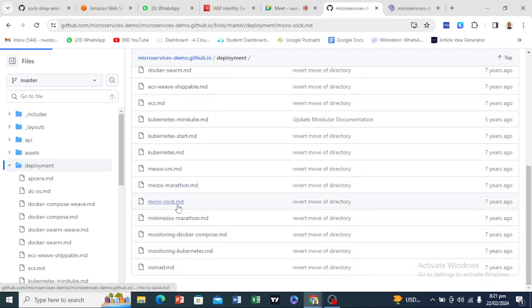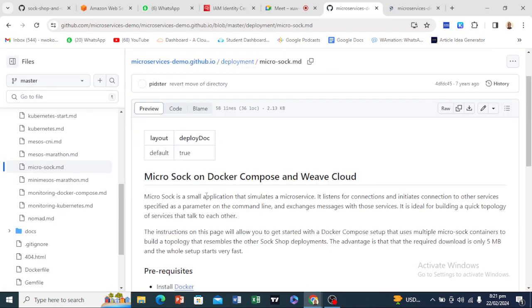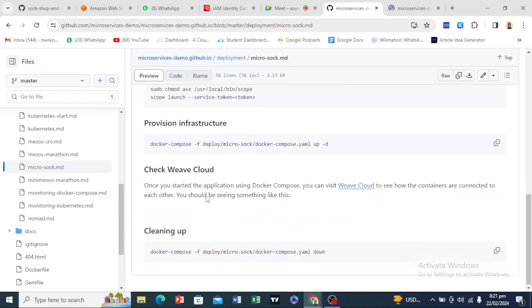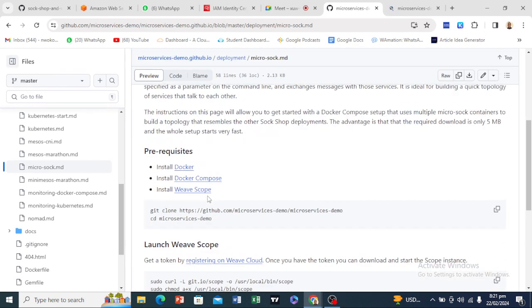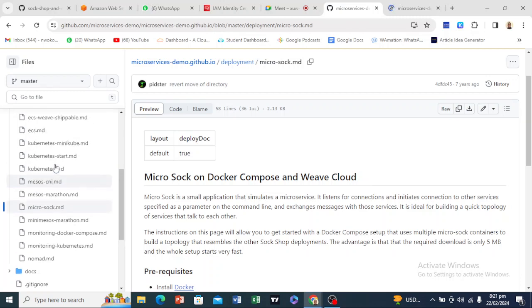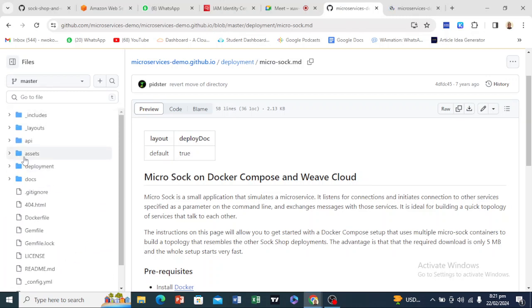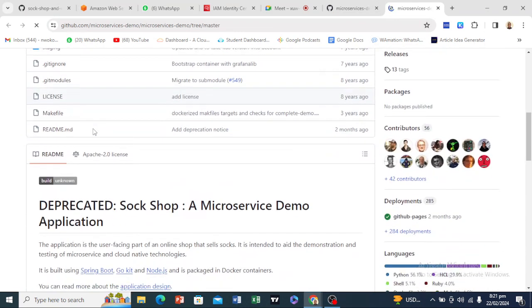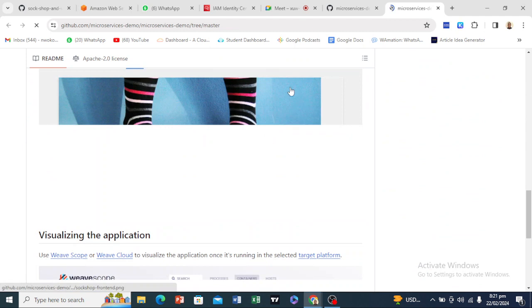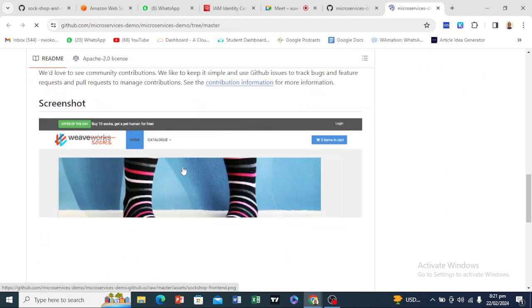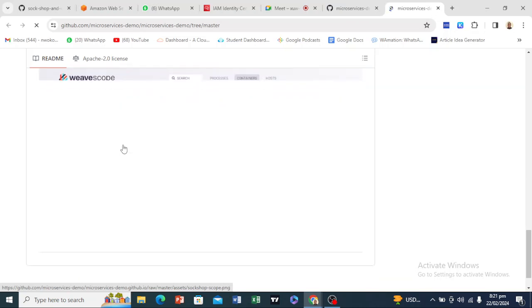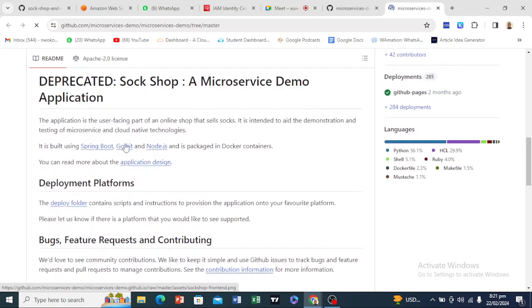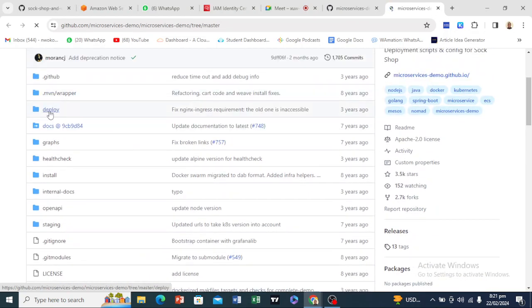This is just markdown of the microservice, more explanation of how to use it and different ways. But in this case, we are not using Docker. If you look at the second one, we can see this is exactly how it should look when you have deployed the Sockshop application on your website. And if you come to the deploy section,